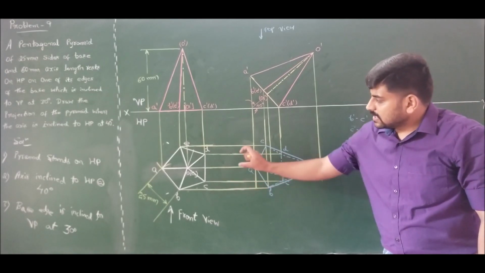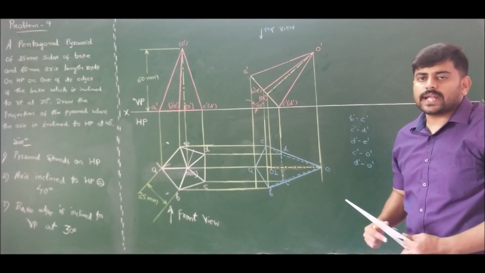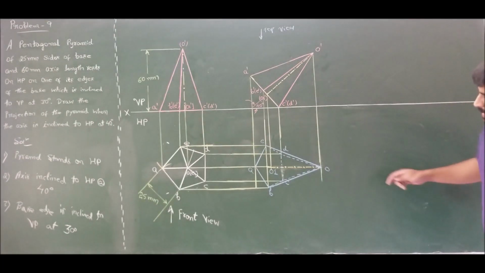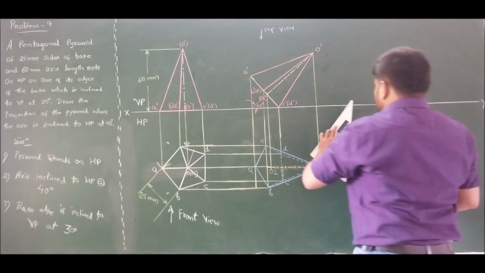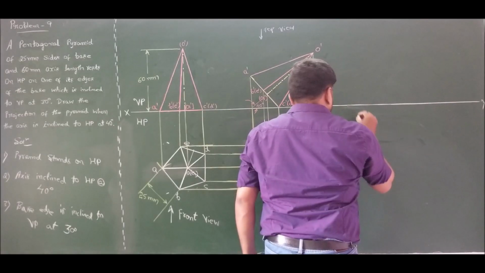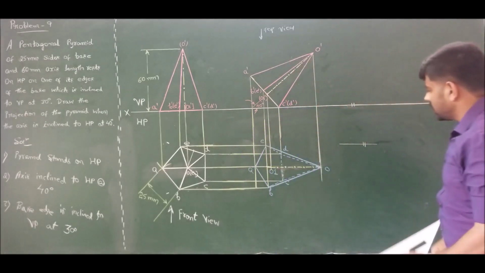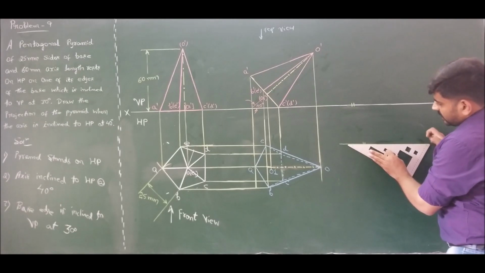Therefore, directly incline CD at an angle of 30 degrees to the vertical plane. If I draw a 30 degree line and place it on that 30 degree line, the diagram might enter the vertical plane. Therefore, offset the XY line by a certain amount, draw a parallel line to the XY line and take 30 degrees to that offset line. The offset line and XY line are parallel to each other. Now using a 30-60 set square, draw a 30 degree line.